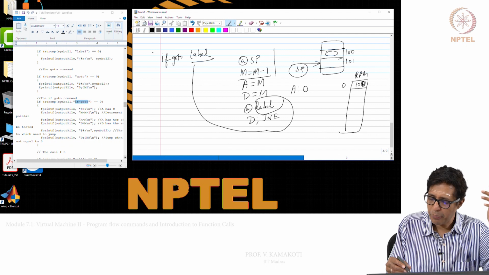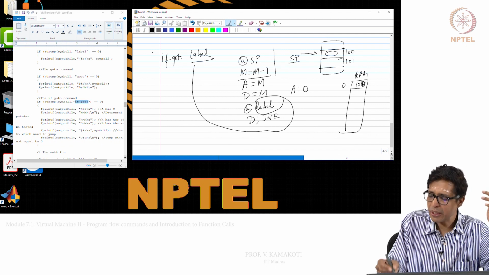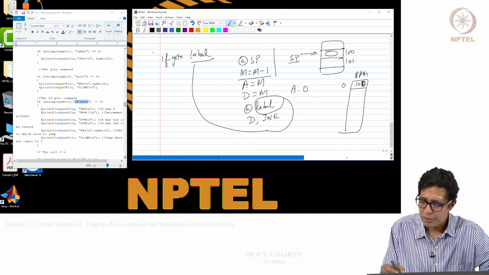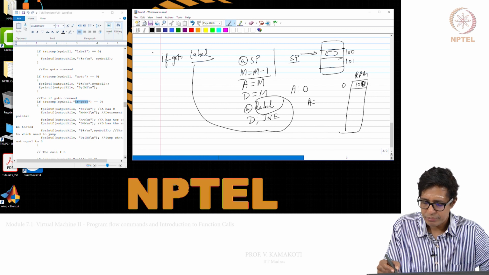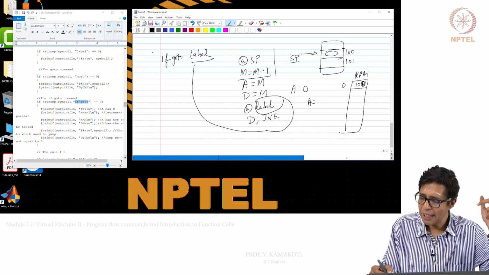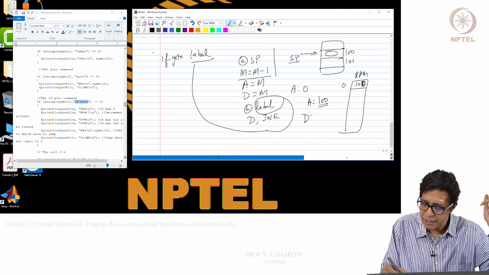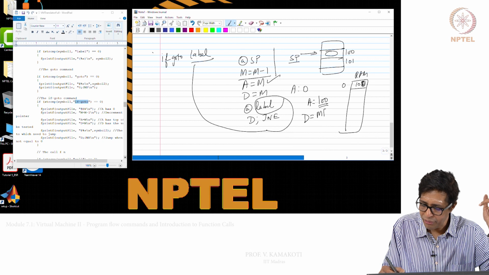Now your stack pointer will start pointing to 100; anyway, we are going to pop this out. Now A equal to m of 0, so A will get 100, and then D equal to m, so D equal to m of 100.